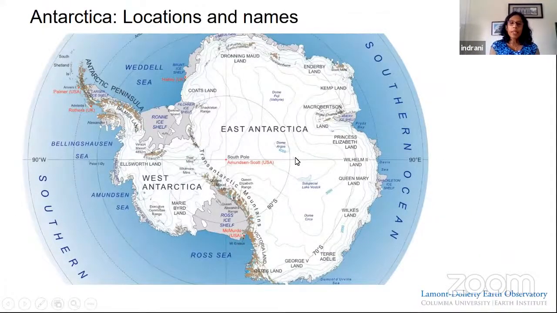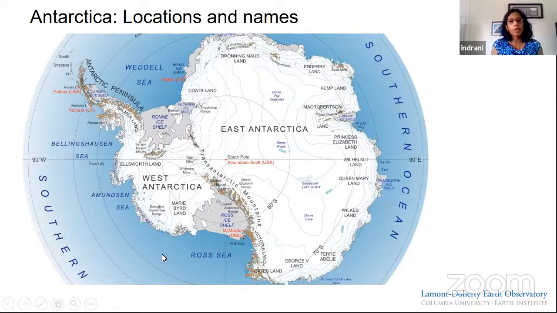And now we'll have some fun with the names. Just like your house is located in a particular locality, you have street names, you have names for states, you have names for villages. We have some interesting names for East Antarctica, and this map is available on the internet. So if you are curious, you can go and look at the different names and the interesting people and places that they represent. You can learn a lot about the history of Antarctica by just going through these names and figuring out why a particular place was named in a certain way.